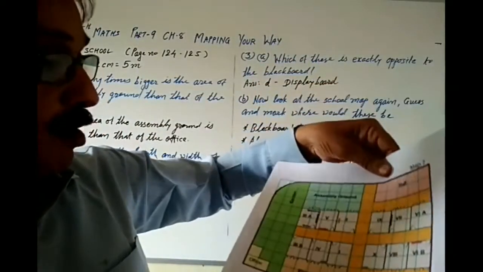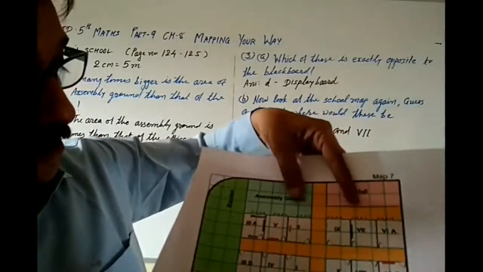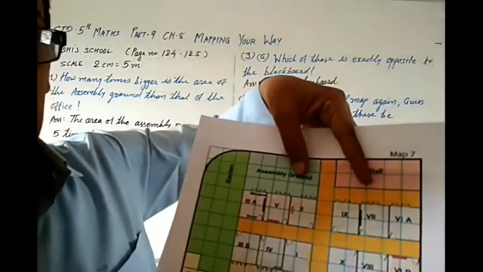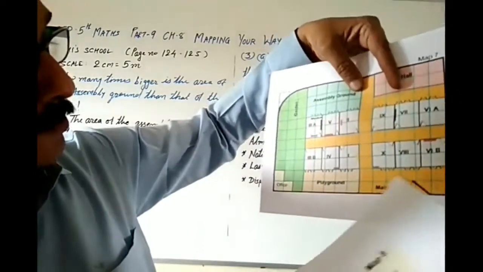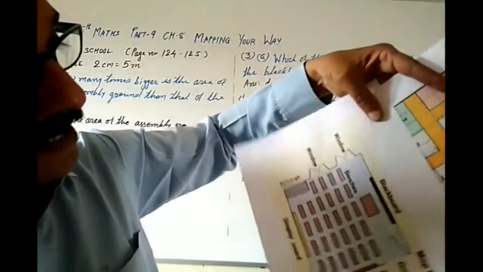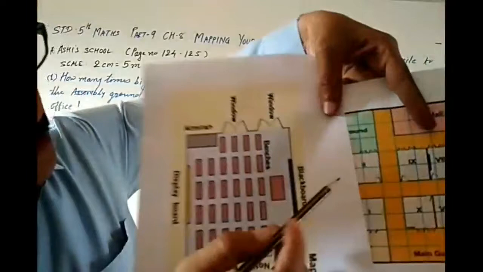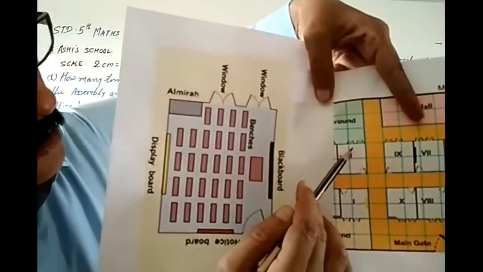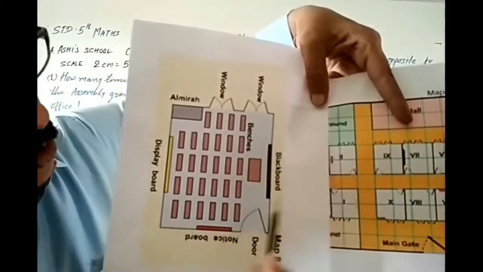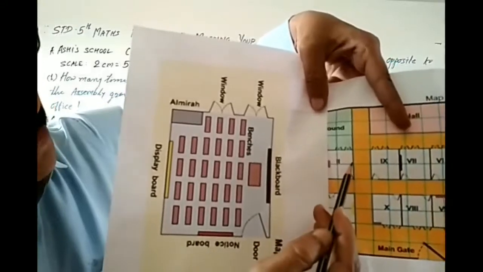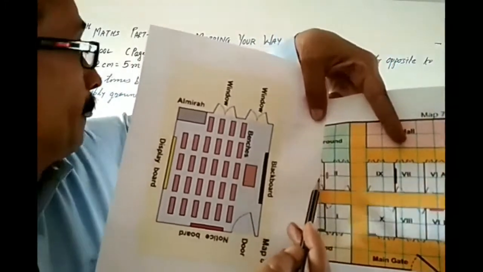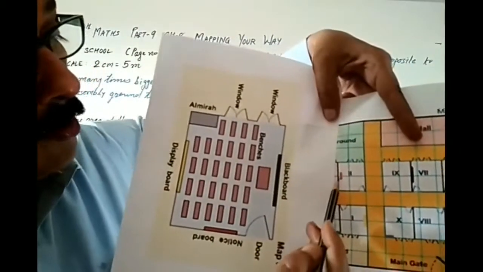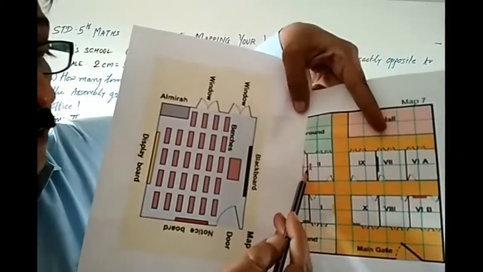So first of all, let's see where 2nd standard is. See, this is 2nd standard. Now, where are the window and door? The window and door, something like this, you can see. See, this is 2nd standard. Windows, door. So here it can be the blackboard. So here, the middle row in 2nd standard. Here it could be there.